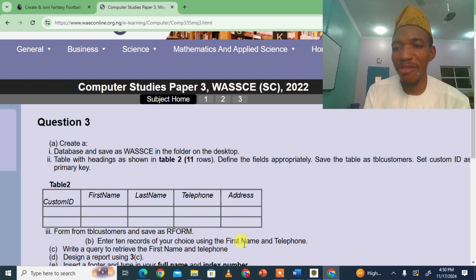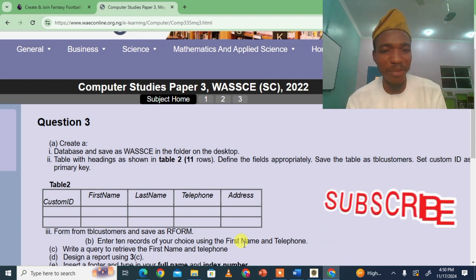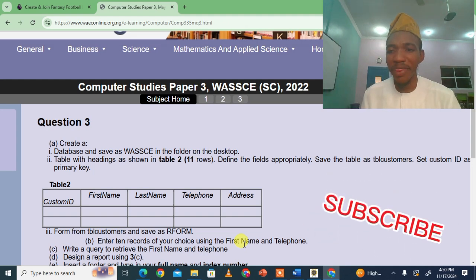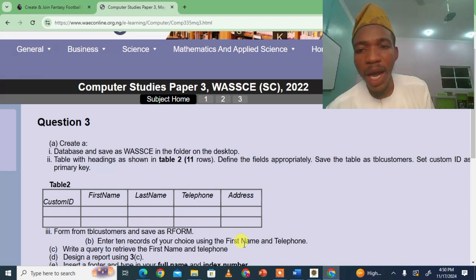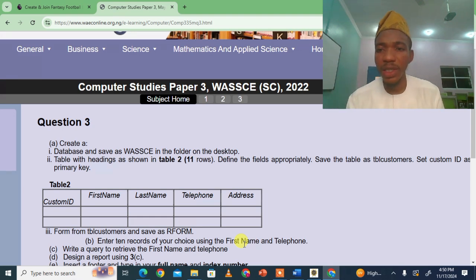Today this particular video is for the senior boys, and it is Computer Studies Practical Paper 3 for the year 2022, and this is on Microsoft Access. So it's a database that we'll be working on. I'm going to be doing this live, so please